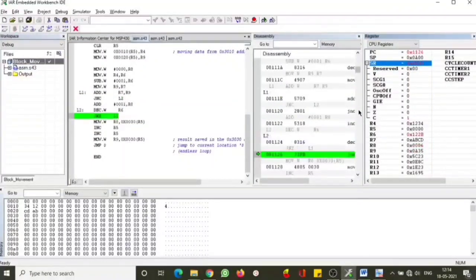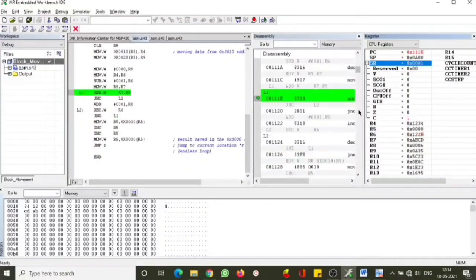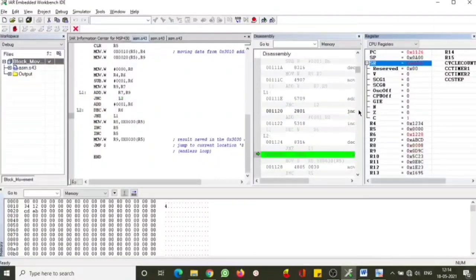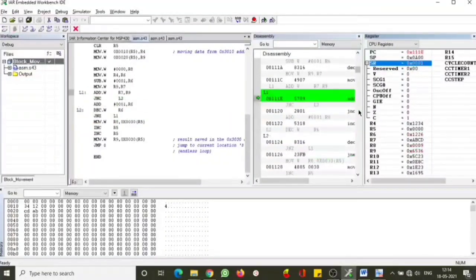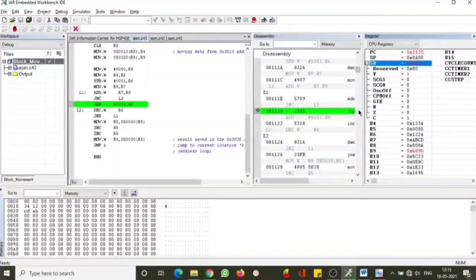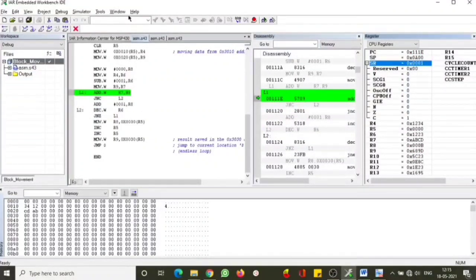Once we complete that value, you are supposed to observe R6 for that condition. R6 has to come down, like 1, 2, 3, 4 to 0. We just have to let it execute to the complete end. So I am completing it to the end. Therefore, I can directly click on go.